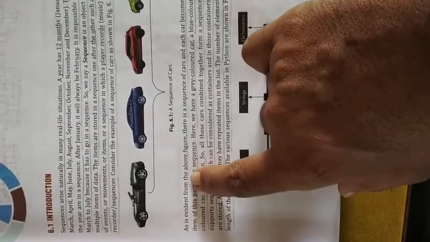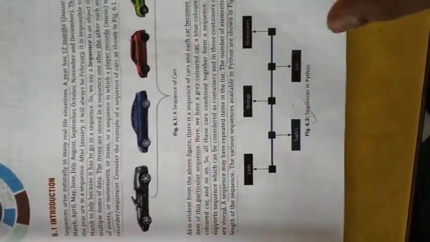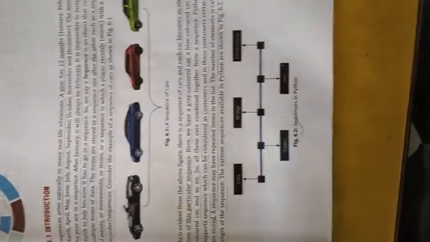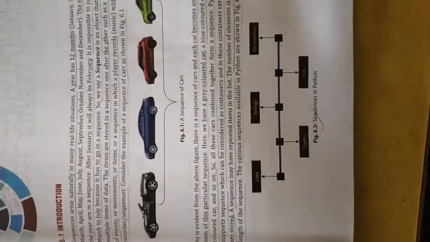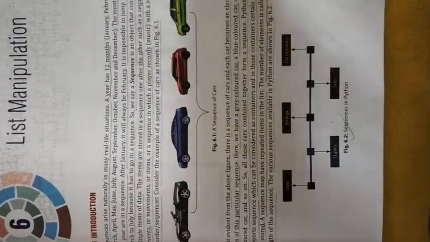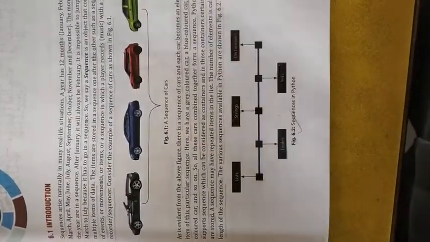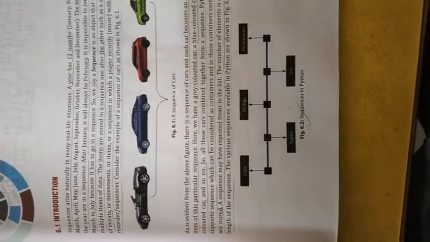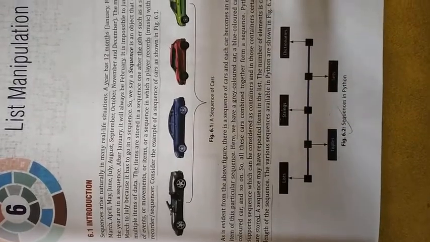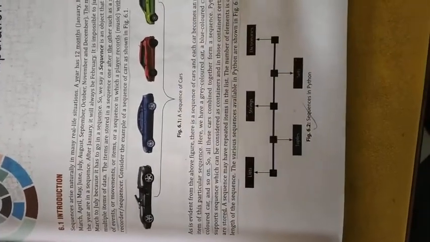So in this chapter, first of all we will see how to declare a sequence, then how to access the elements of a sequence. After declaration, we pass some elements into that sequence, and then see how to traverse those elements. Then we will do the different types of operations on the list, and finally see how to delete the elements of that sequence. A sequence is a mutable thing.